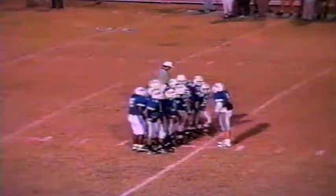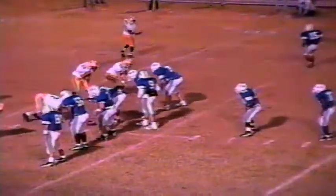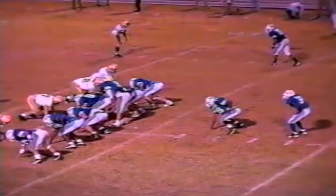The Green Wave are. Pitch it back to McCarver, coming to the near side. Got a hole. McCarver 40, 35. Almost broke it. One tackle. They made a dive and tackle and got him by the shoe top. Saved a possible Lebanon touchdown there as McCarver veered to the outside, which is to our side of the field. Gallatin had one man make a dive and tackle and got a shoe, and that saved it. But it's a first down Lebanon at the 33-yard line of Gallatin. Hankins wide right, Robb left. Reeves the fullback, and a